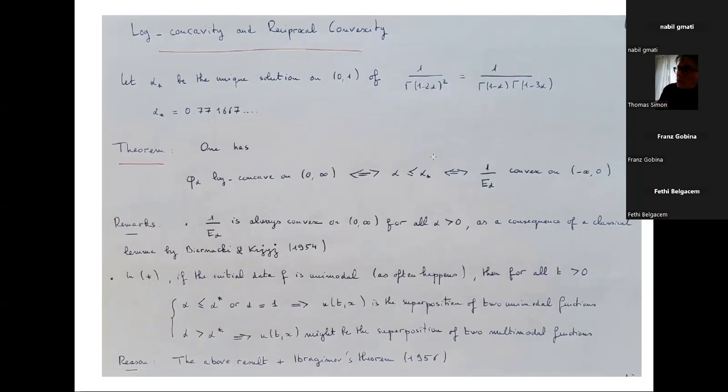A motivation. I go back to the first property, the log concavity of phi alpha. I was saying that it is a natural and classical generalization of unimodality. But one motivation is also the aforementioned integral differential equation, because there is a classical theorem by Ibragimov, which was used by Yamazato in his proof of the unimodality of stable density, which says that